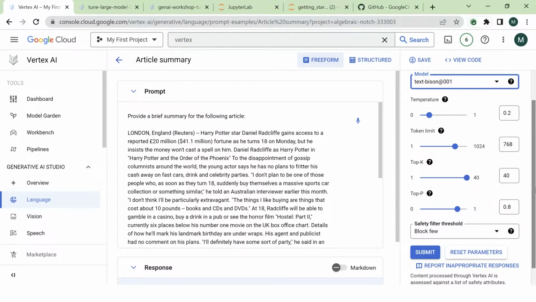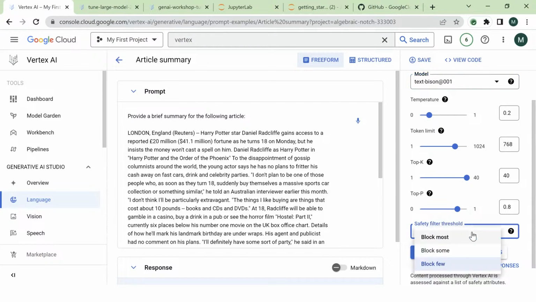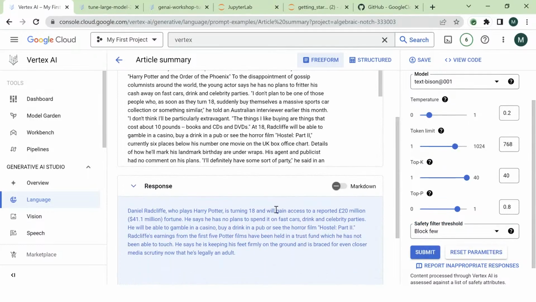The safety filter threshold is part of our responsible AI practices, where you have the ability to block responses based on the filter threshold. If you don't want unsafe responses, you can choose the most restrictive option. If you want to go with the default, go with block few. Once you submit, you will have a generated summary here, a beautiful summary about this very large text,